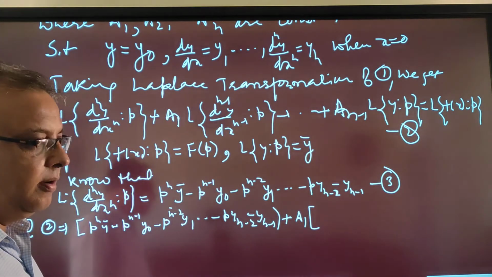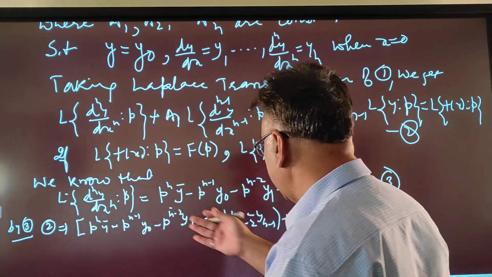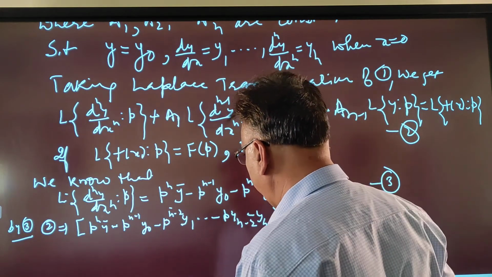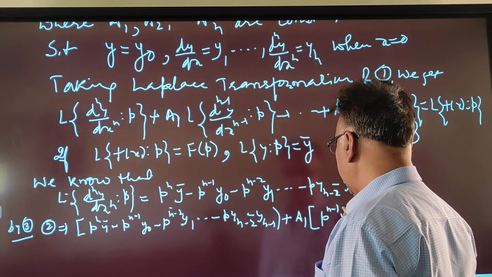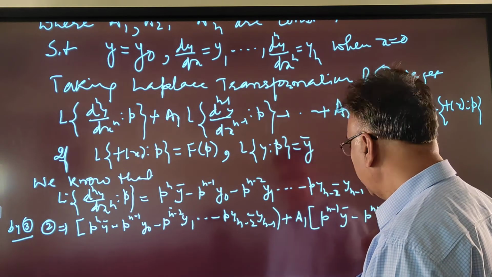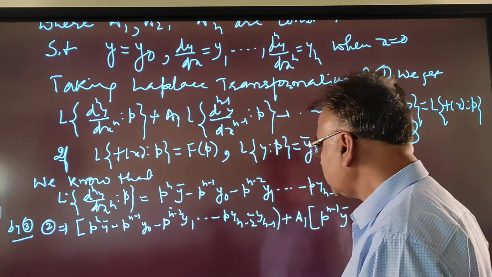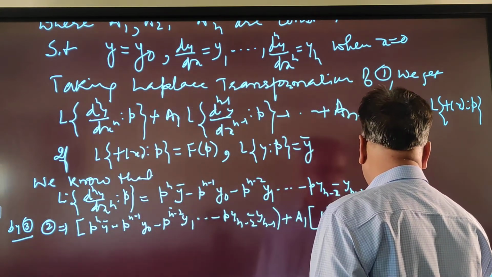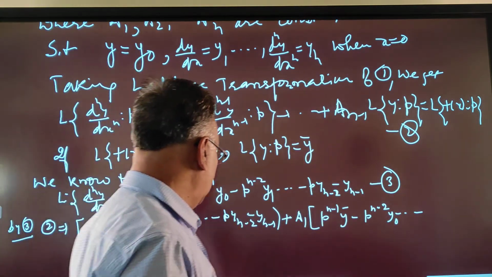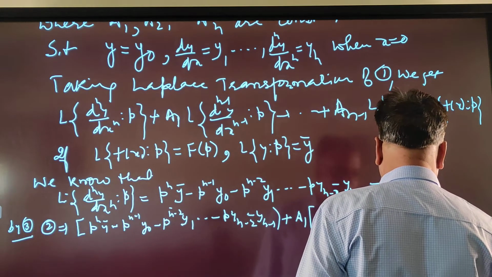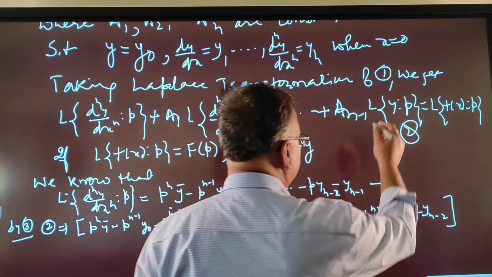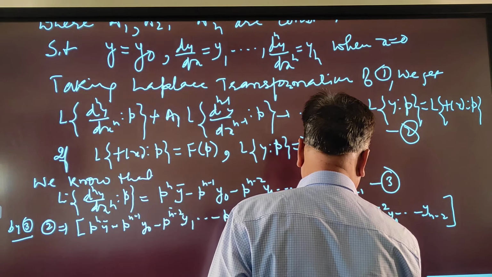upon dx^(n minus 1). The value of this, by the same result, is equal to p raised to n minus 1, the n minus 1 order derivative, p^(n minus 1) y bar minus p^(n minus 2) y0 minus and so on, and finally the last term we get y n minus 2. Similarly, by putting all the Laplace transformations, the last term is plus an into y bar